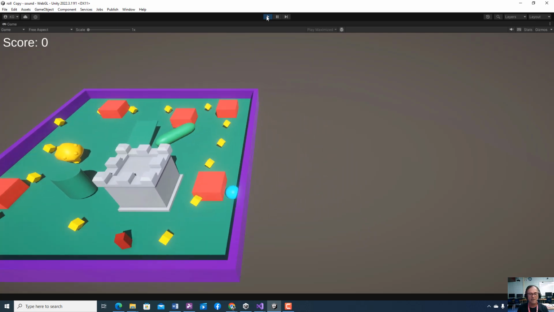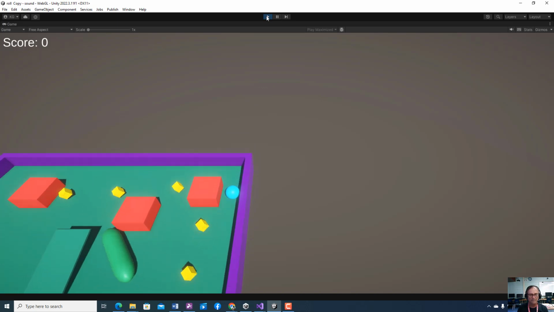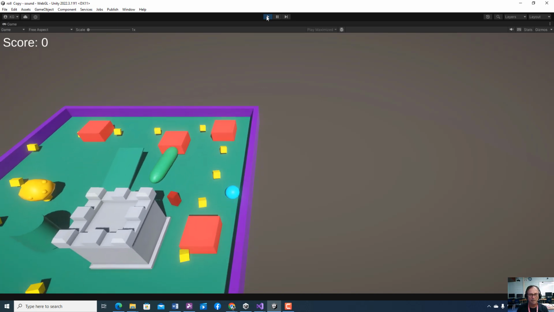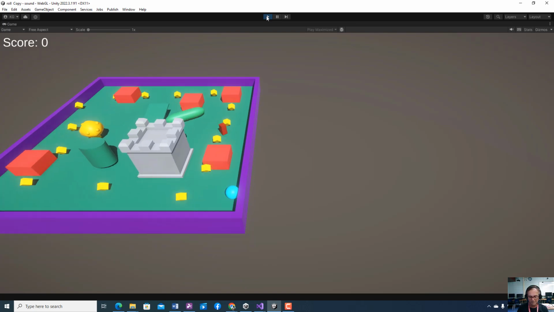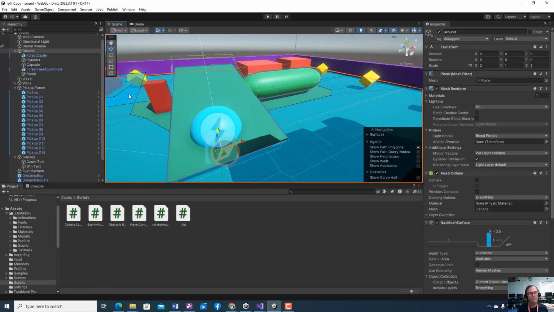So you can see my enemy can only go certain places. And we're going to fool around with this some and make it so we get familiar with it and